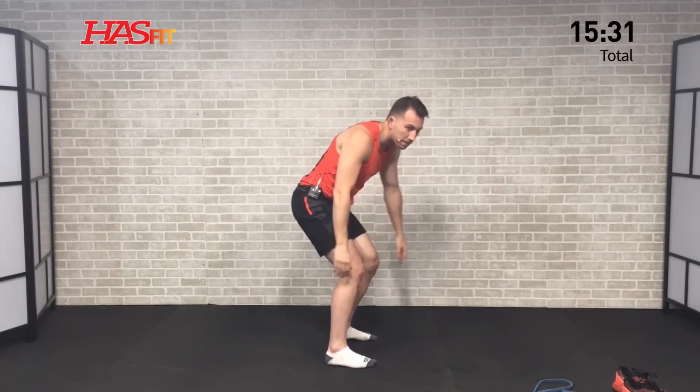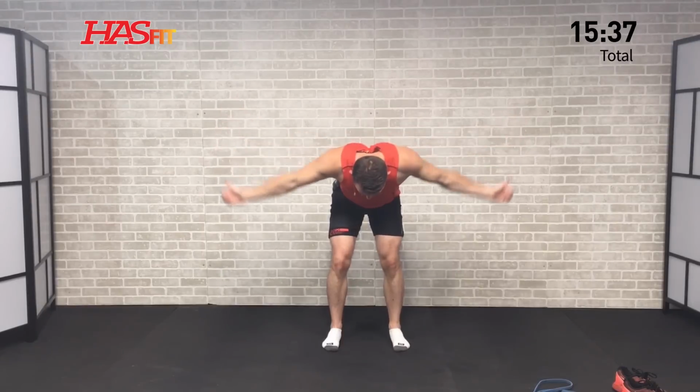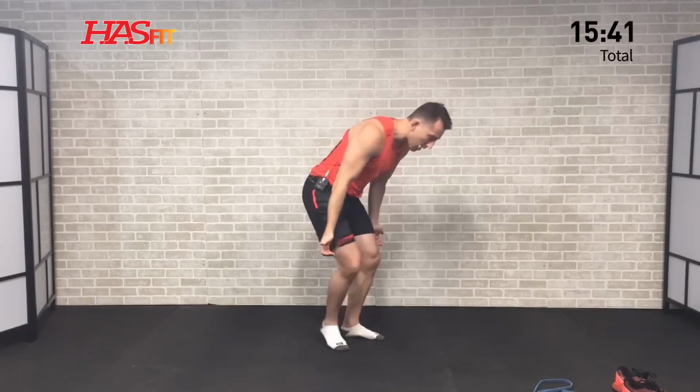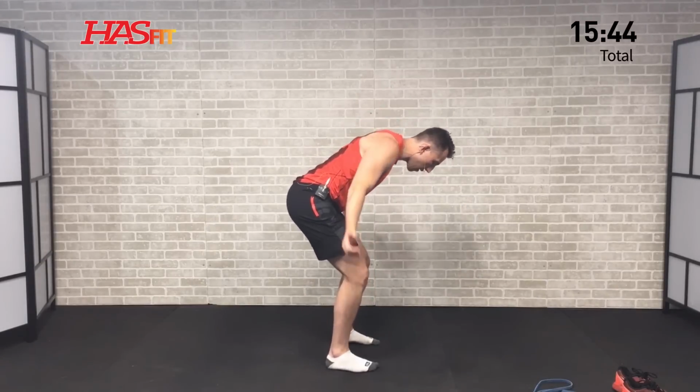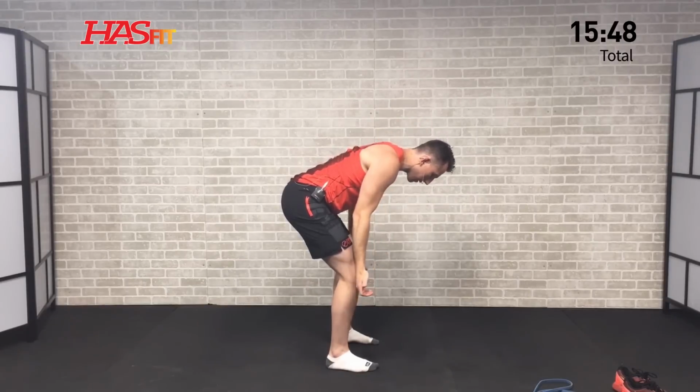All right, next, we're going to move on to a T. So we're going to have thumbs up to the side, very similar. And we're going to come thumbs up, arms out to the side, making a T shape. Same position with the rest of your body. Good. Not only gaining